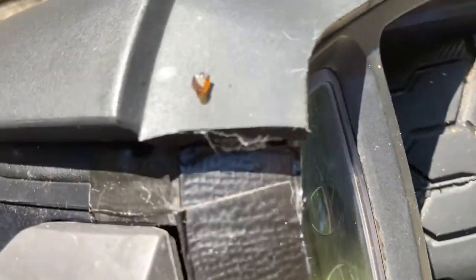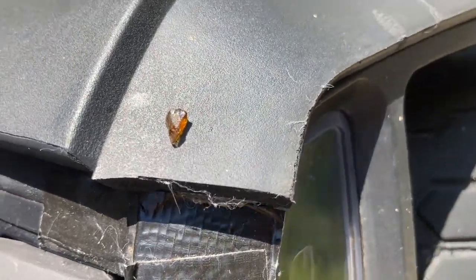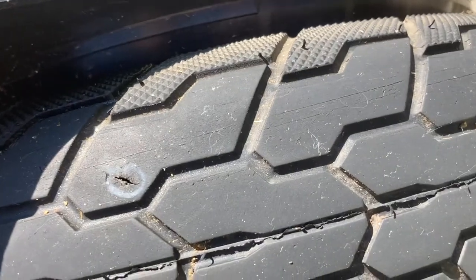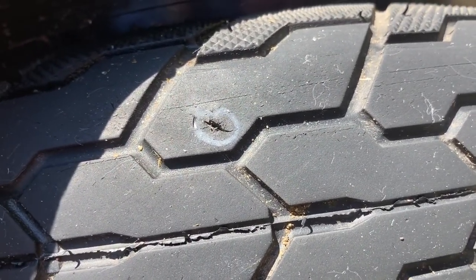Yeah, there we go. I'm trying to show you, but I'm trying to hold the camera. There it is, a bit of brown bottle glass. The pointy end was the bit that went straight in, and that was it, game over. So that's the sort of cut. It's made a slight lateral cut